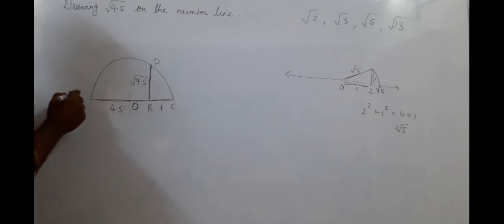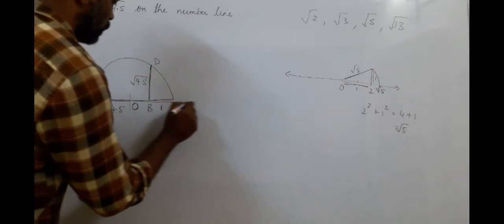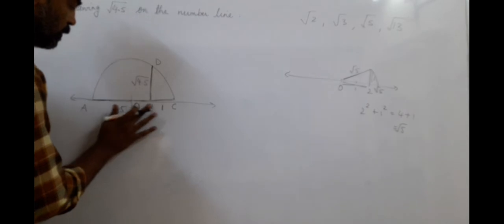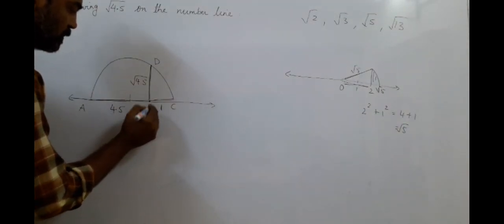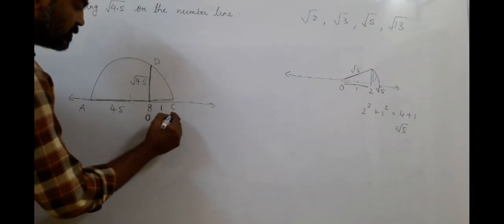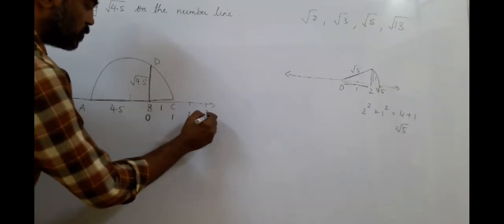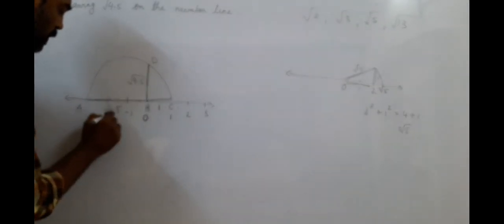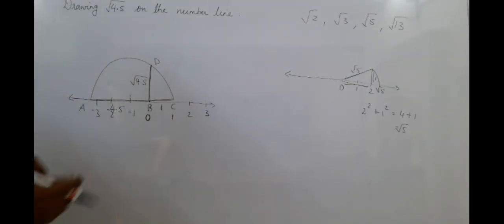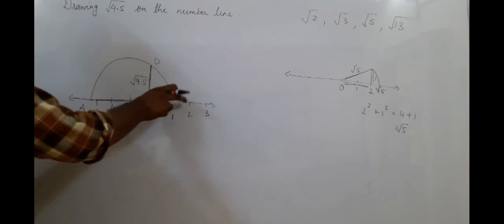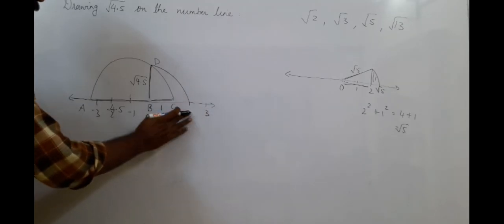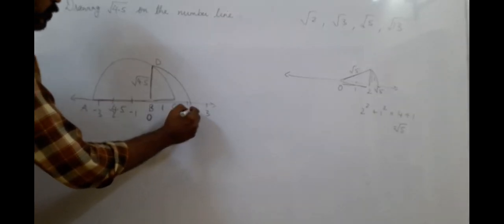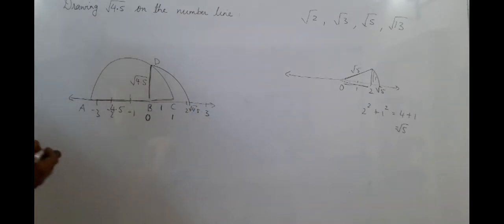Okay? So now imagine this was your number line and B, let us remove this. Let us say this B is our origin. B is our origin means B is 0. If B is 0 then C is 1, 2, 3, minus 1, minus 2, minus 3. O is the origin. Now taking the rounder, if you cut it down, whenever it falls, so here, it's not on 2, it's a little over 2, so root 4.5 is here. So this is the technique.